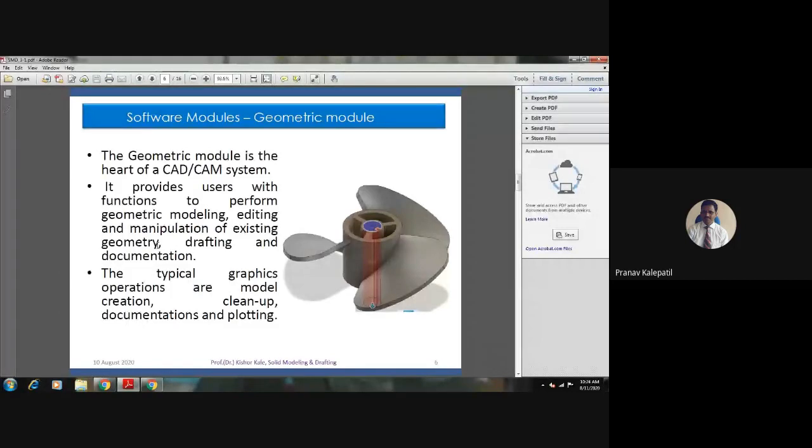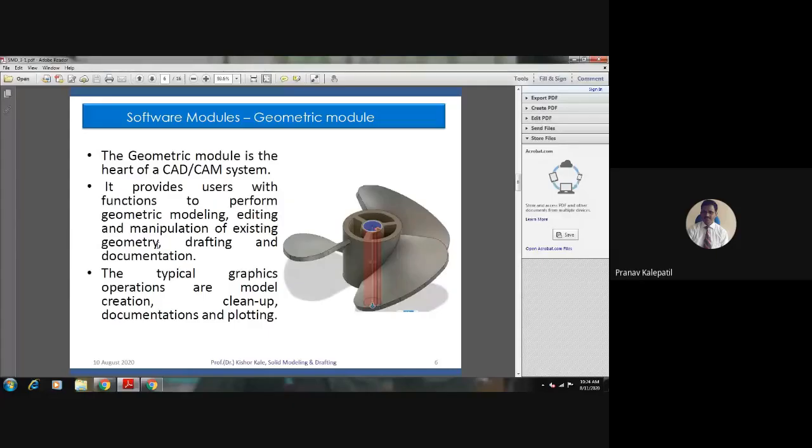You don't have to go back and start from scratch. You just click on your model, go to that particular diameter, and change the value from 30 to 35. You will find the model changes automatically.